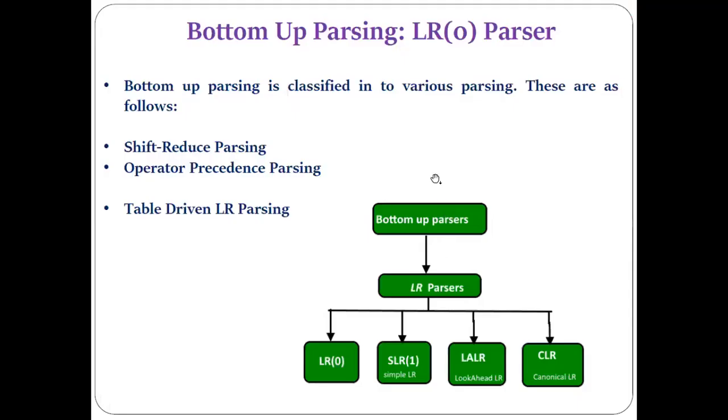Now, we have already discussed a number of times why we require parsing, which is another name for syntax analysis. The main purpose of parsing is to check whether a particular given string or sentence is syntactically correct or not. For that purpose, we do the parsing. And there are two main techniques for checking whether the string is syntactically correct or not. First, which we already discussed, was top-down parsing, and second important one is bottom-up parsing, which we are discussing.